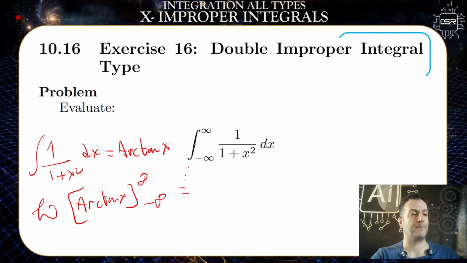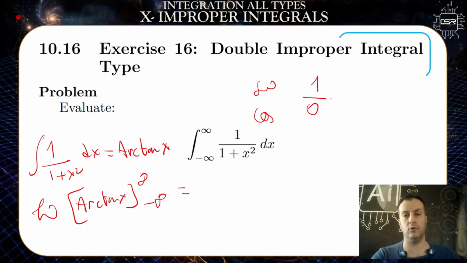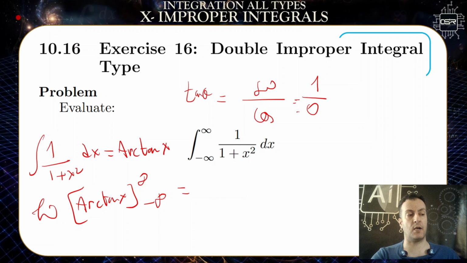So what is that? The angle that gives us infinity is 1 over 0 for the tangent. So for sine, it should be 1, and cosine should be 0. What is that angle? Remember, tangent theta is equal to sine over cosine. This 1 over 0 is what blows up to infinity. So for which angle do we have such behavior? For pi over 2, correct? So it is pi over 2